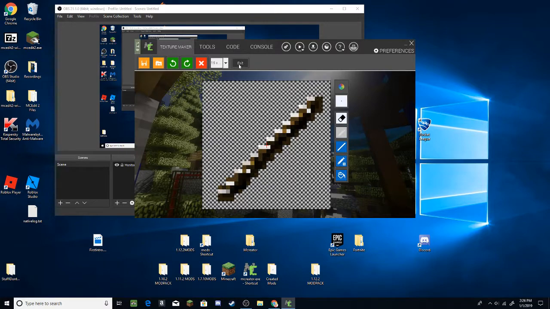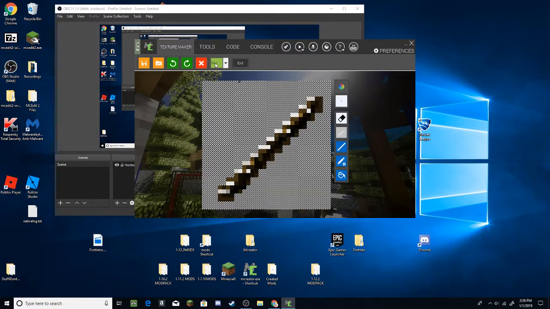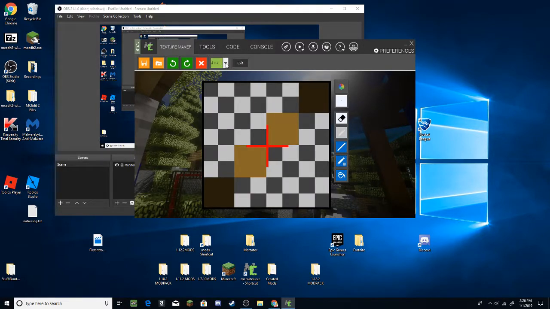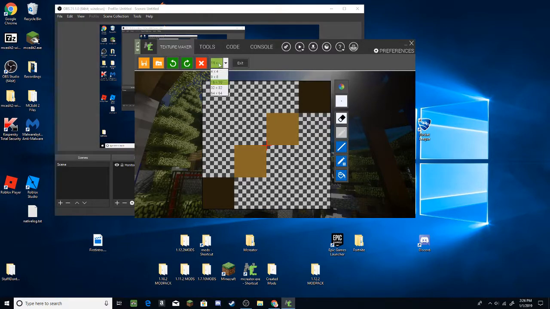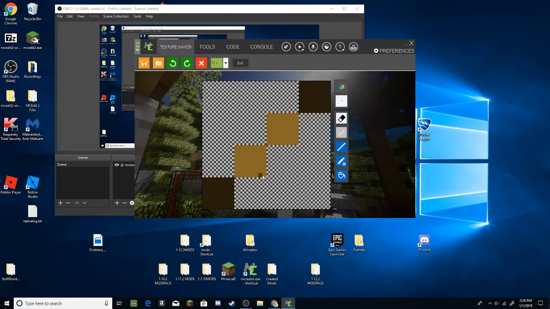I'm sorry. But then after you've created it, right here you can choose the size you want. The bigger the number, basically the smaller each square will be. That's as easy as I think I can describe it. Okay, here's a tip. If you've created a texture with a small scale, like 64, don't switch it to 4x4 or 8x8. You will destroy your design,